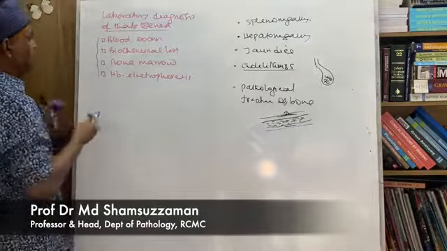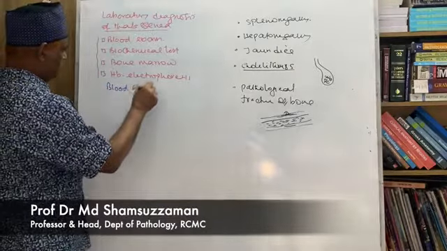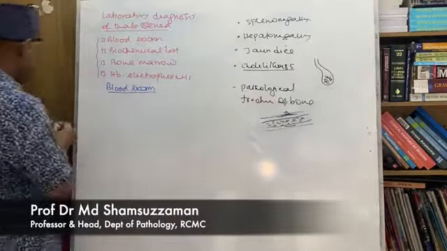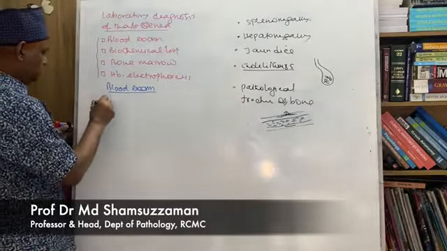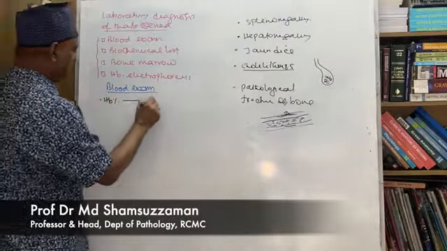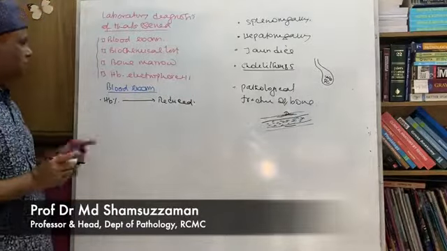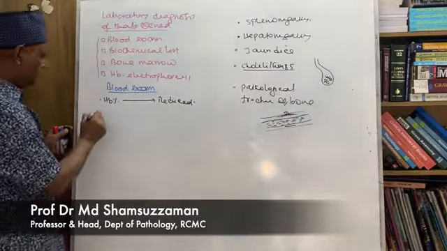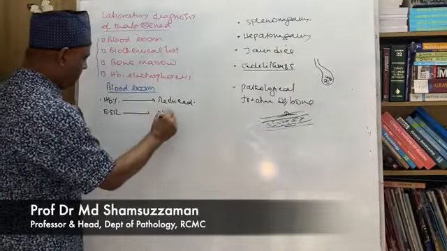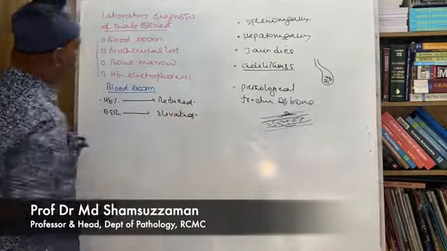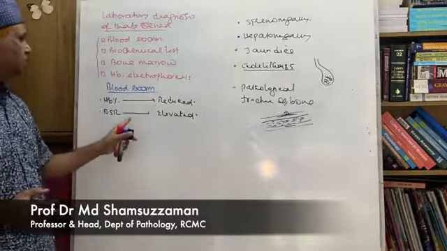First come to blood examination. We have to do first hemoglobin. Hemoglobin percentage will be reduced. As thalassemia is nothing but anemia, there will be reduction of hemoglobin first. Then ESR will be elevated, as there is frequent infection causing frequent fever, and due to frequent infection there is a chance of elevation of